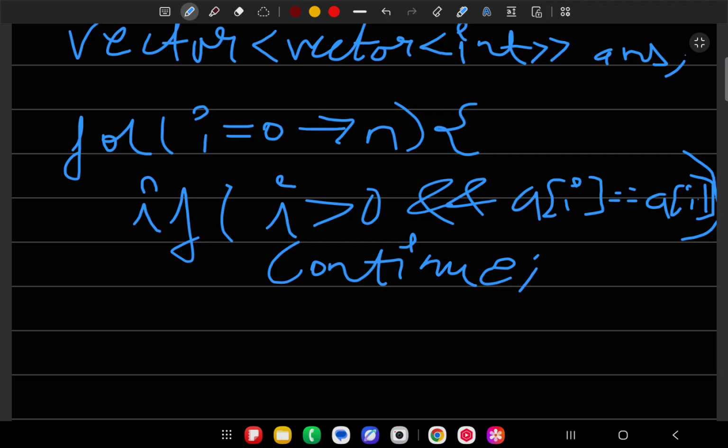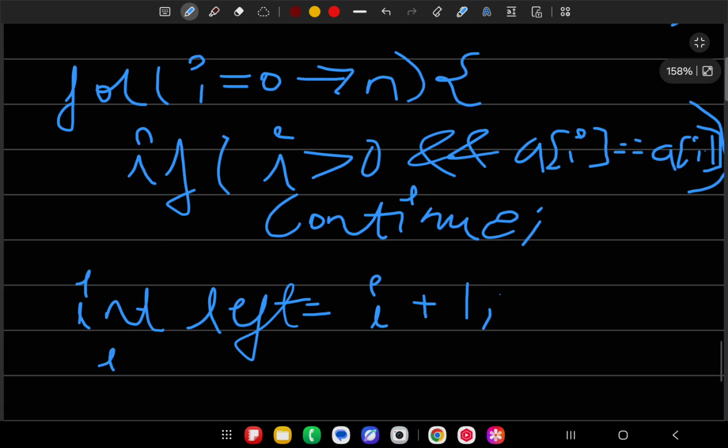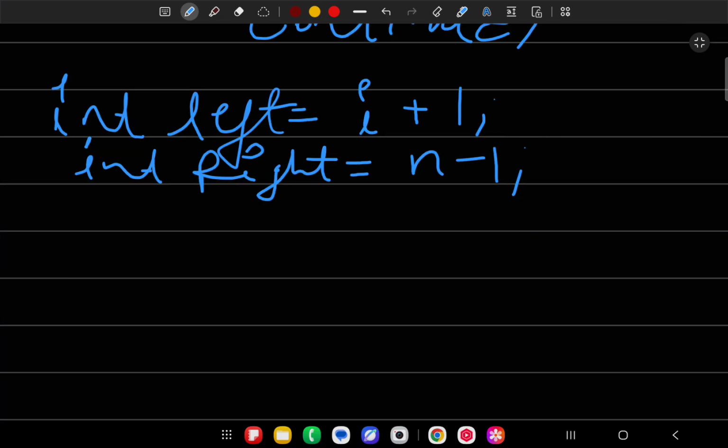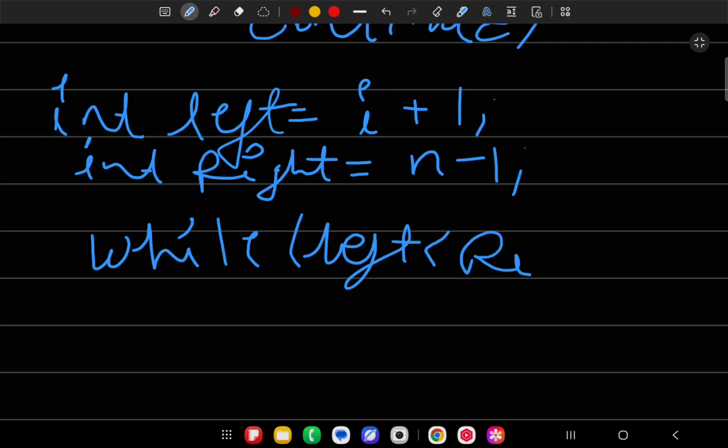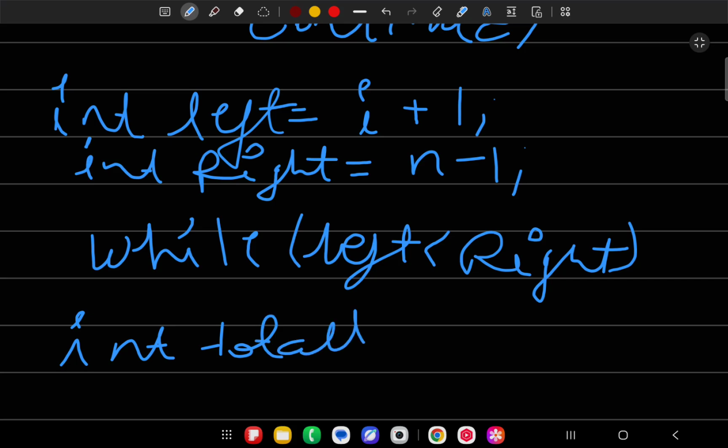What is the 2-pointer approach? It is nothing but just initializing two variables: integer left at the first position, let's say i plus 1 because we need to find 3, and integer right equals the last element, that is n minus 1. Inside this for loop we run until they cross each other. While left is lesser than right,